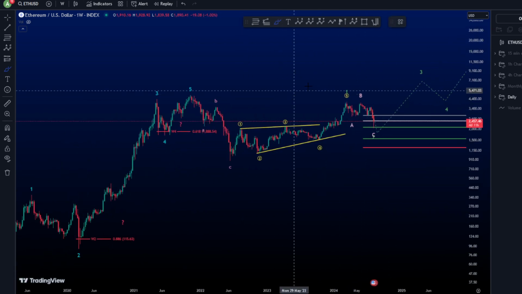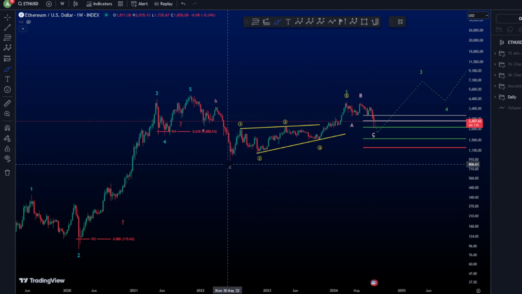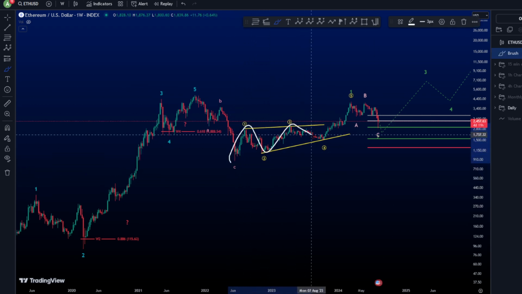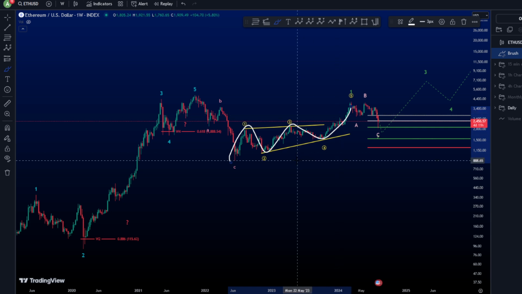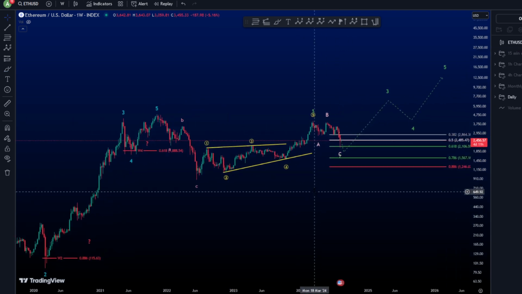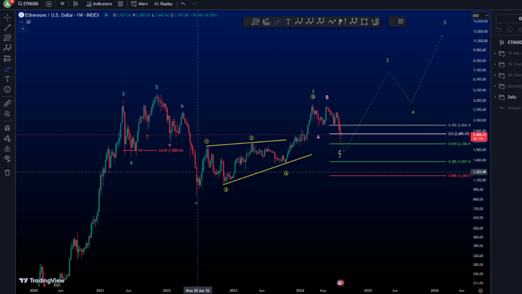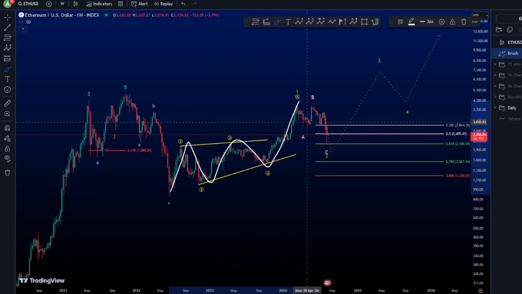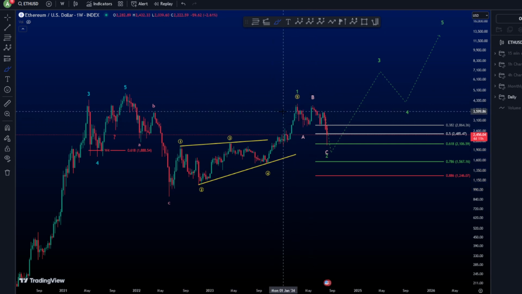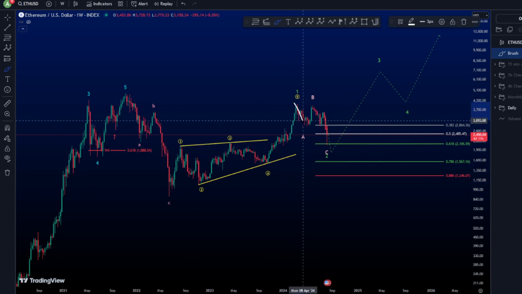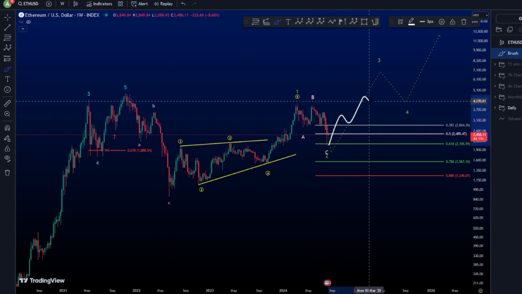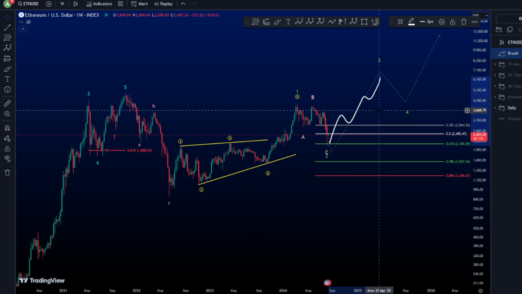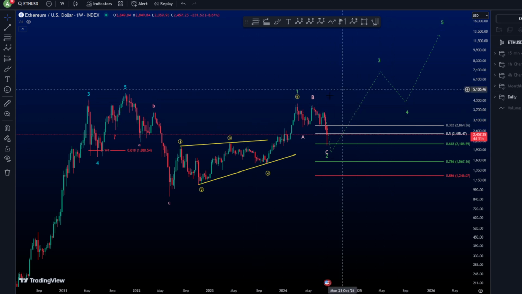And for the next cycle that we are in now, we are seeing motive waves, but in a diagonal shape, a contracting diagonal shape. Therefore, when we see a 1, 2, 3, 4, 5, it is kind of a motive wave as I expected, as I said, but it is still not as strong as an impulse. Therefore, we are now seeing an A, B, C pullback, and we are looking forward for a continuation towards the upside with a new cycle and a potential new impulse towards the upside.